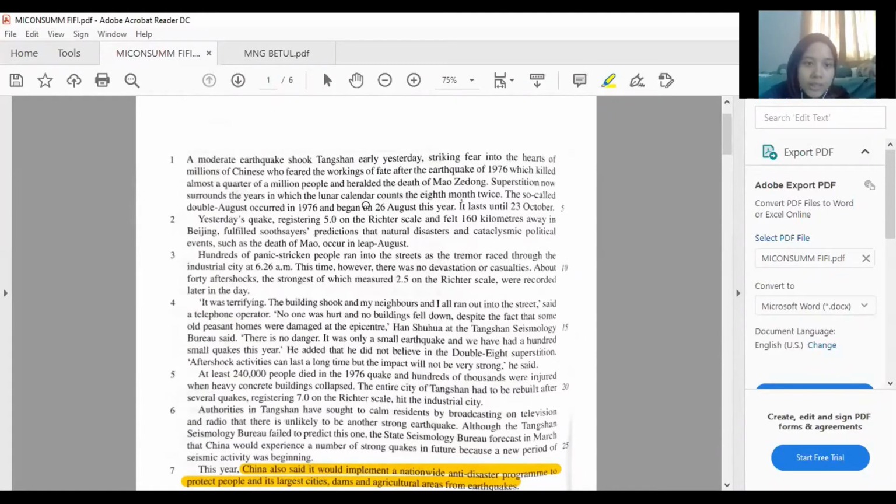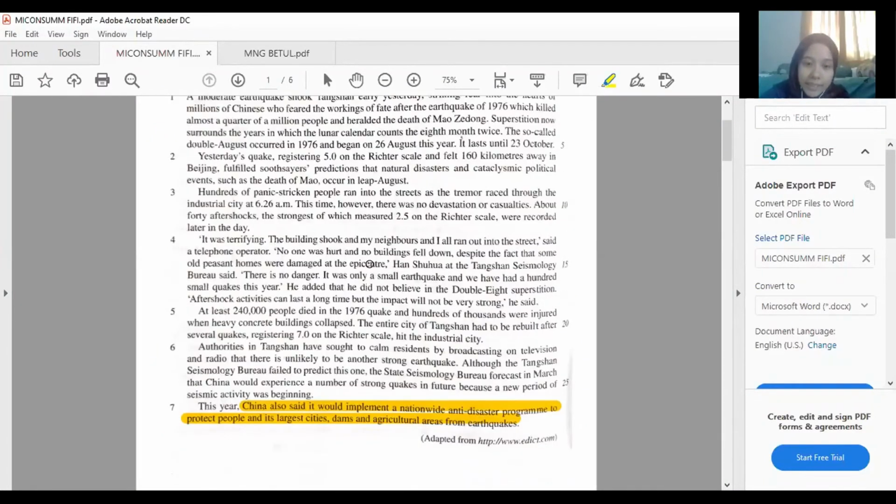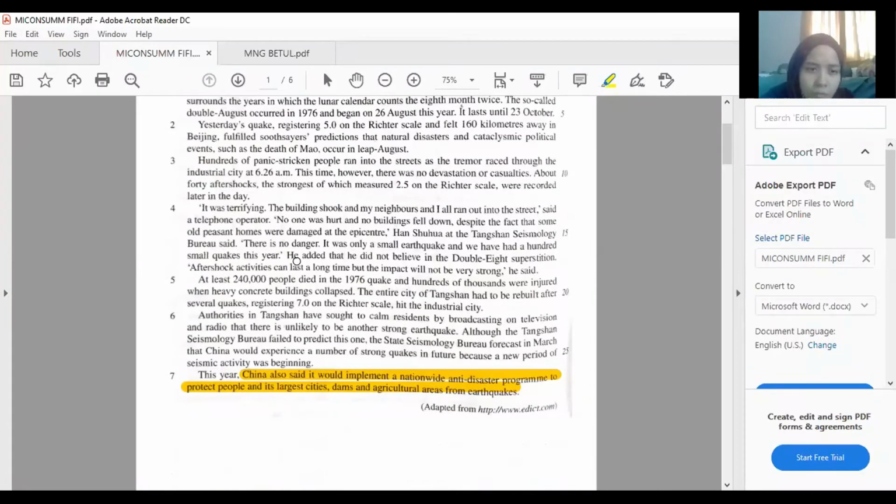The so-called double August occurred in 1976 and began on 26 August this year. It lasts until 23rd October. And then predictions that natural disasters and cataclysmic political events such as the death of Mao occur in late August. About 40 aftershocks, the strongest of which measured 2.5 on the Richter scale, were recorded later in that day. Aftershock activity can last a long time, but the impact will not be very strong. He said the entire city of Tangshan had to be rebuilt after several quakes, registering 7.0 on the Richter scale,